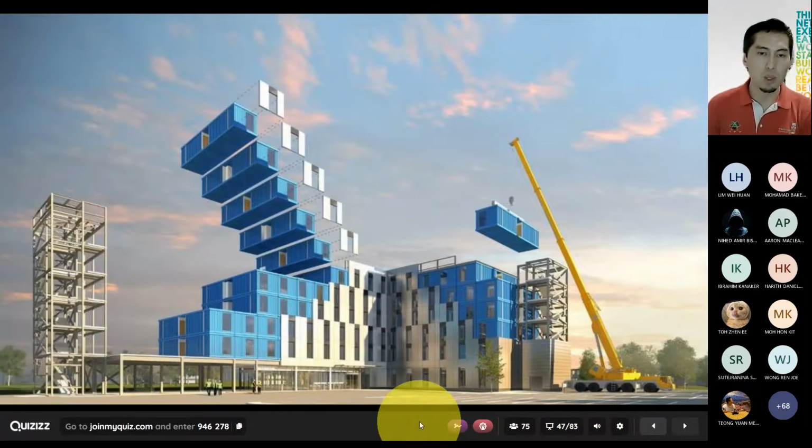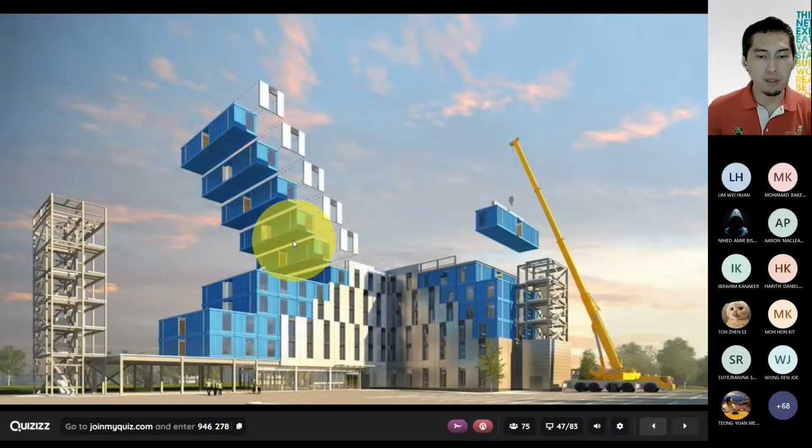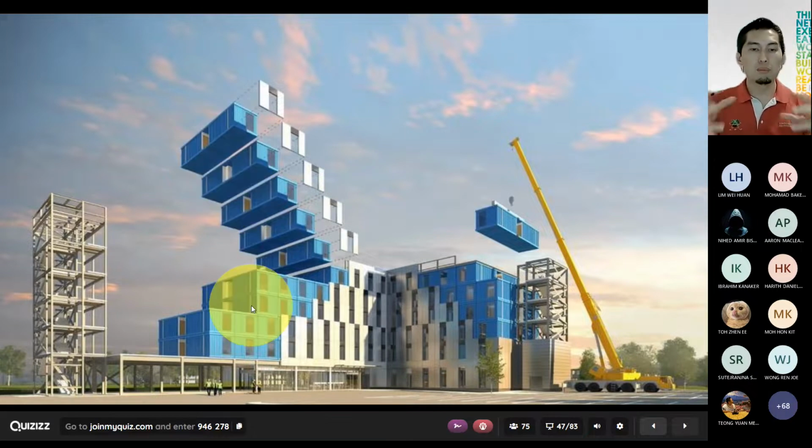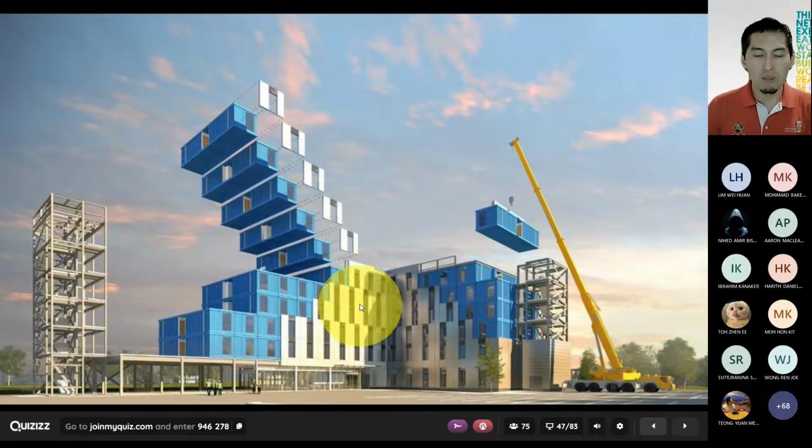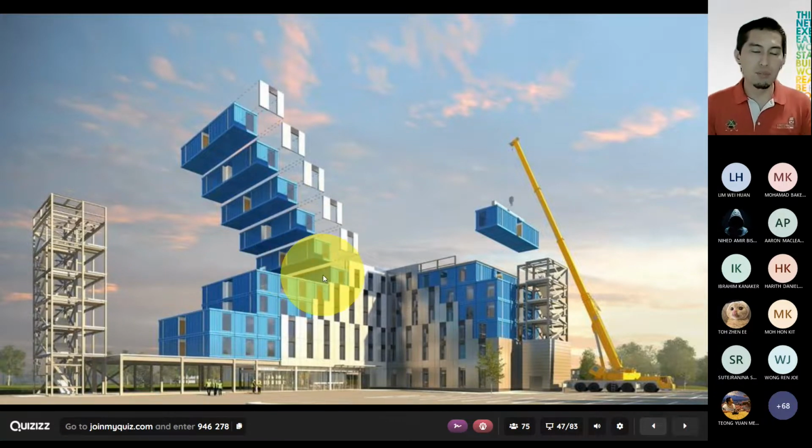The next example you saw was modular construction. Malaysia has gone into this for several years now as well, whereby if you can see, the building is now being constructed based on preset and prefixed items. So you can basically imagine that this is like a Lego version of the actual construction. All of these containers that you see here, they are all prefabricated, they're all pre-made, and you are just supposed